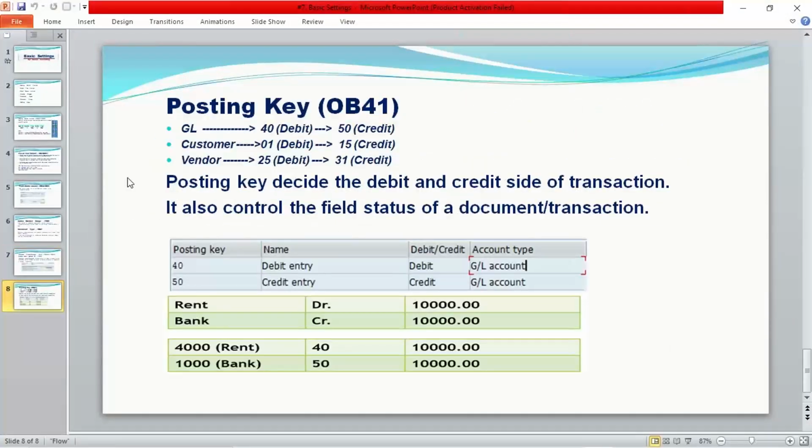Posting key. What is the use of this posting key, guys? Right? Now, posting key decides a debit and credit side of transactions. Okay? Posting key decides a debit and credit side of transactions. It also controls the field status of a document. I'll tell you here. If you talk about posting key,